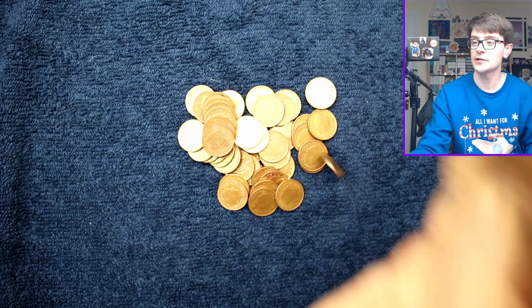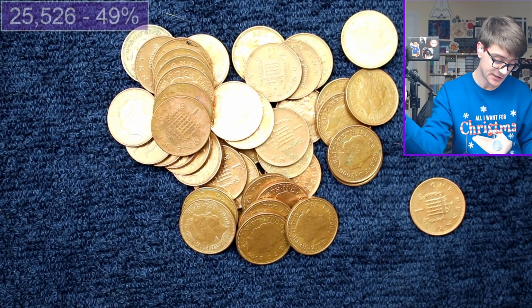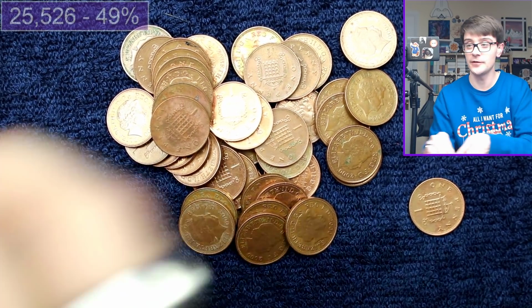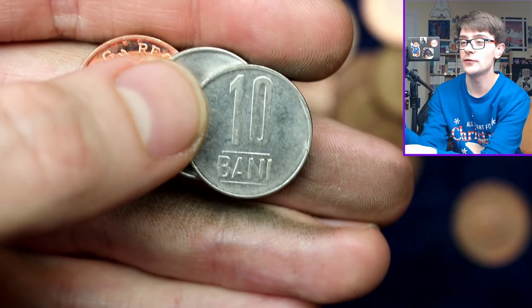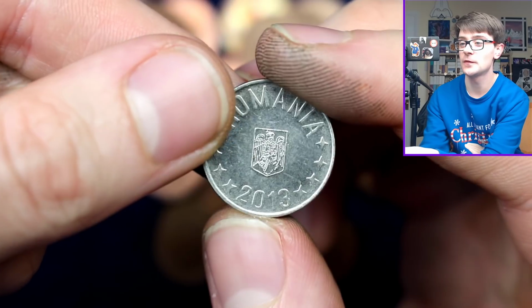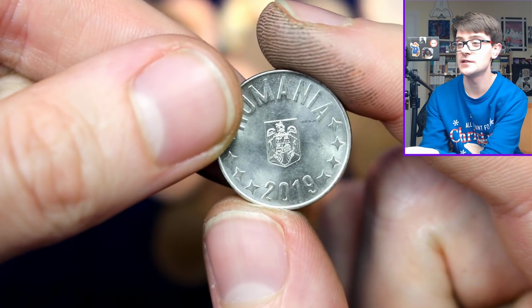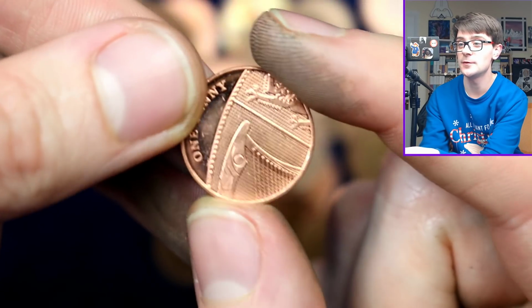First half of the bag brings us another 45, takes us to a grand total of 25,526. We've got a couple of interesting oddities as well. We've got one 10 Banny from 2013, another 10 Banny from 2019, and then this one here, which looks fine,